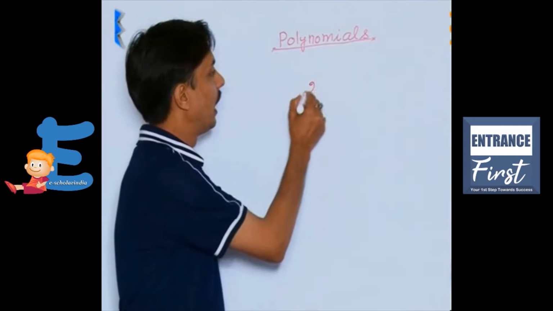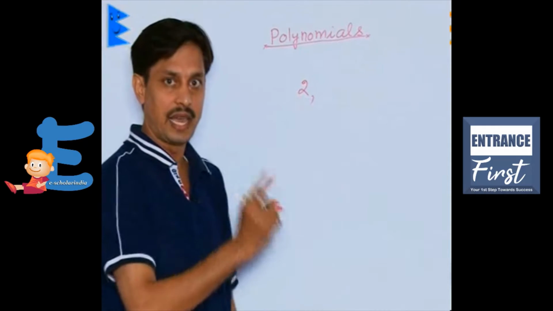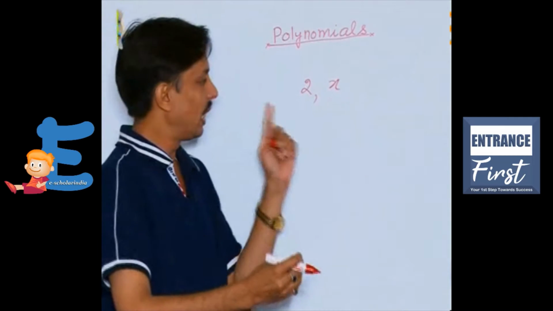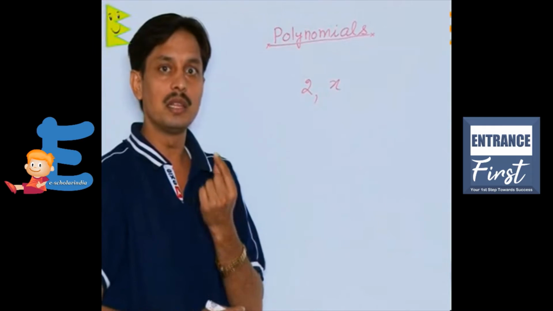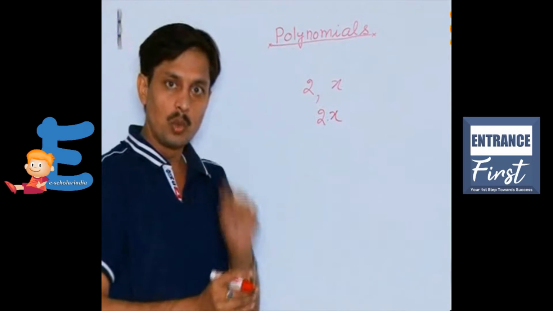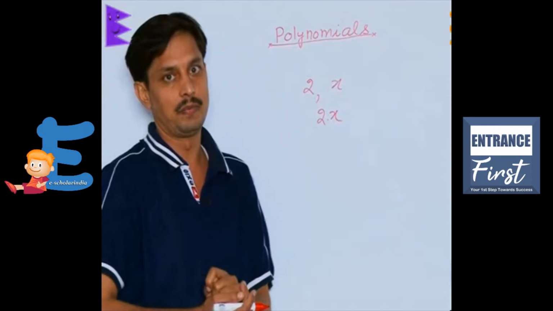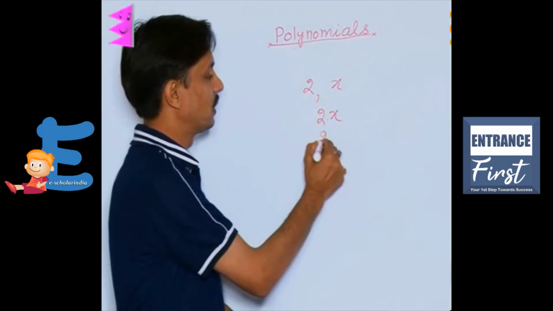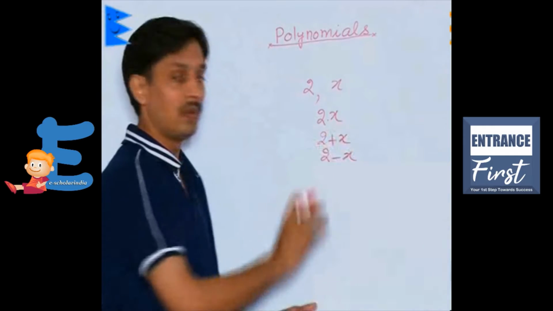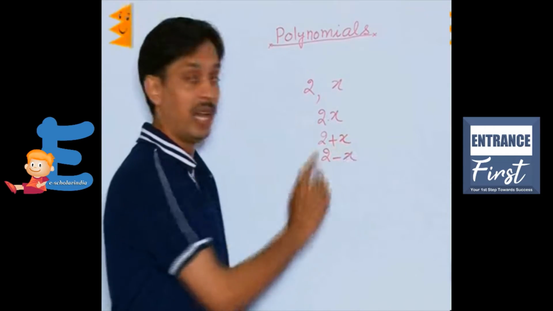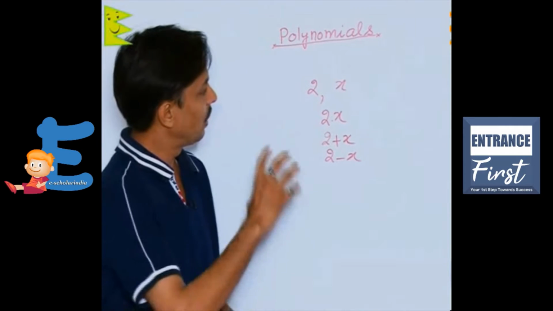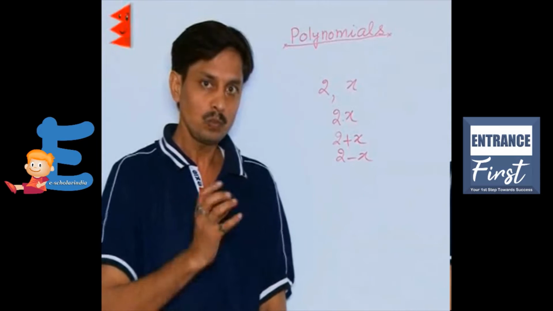So, if there are some variables and some constants, just like if the variable is x and the constant is 2, and these 2 and x are made in the form of a product, this will give us 2 into x. So 2x is again a single term. But if I separate 2 and x either by a plus sign or by a minus sign, then I have two separate algebraic expressions. Now the question is which algebraic expressions are said to be polynomials.